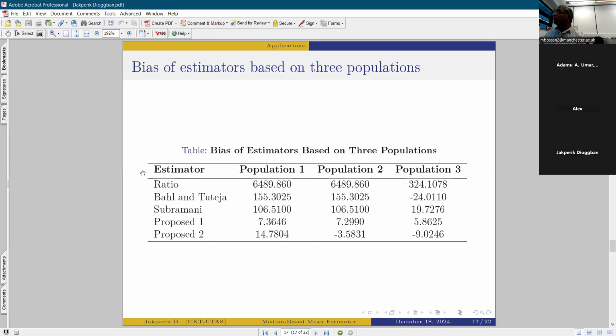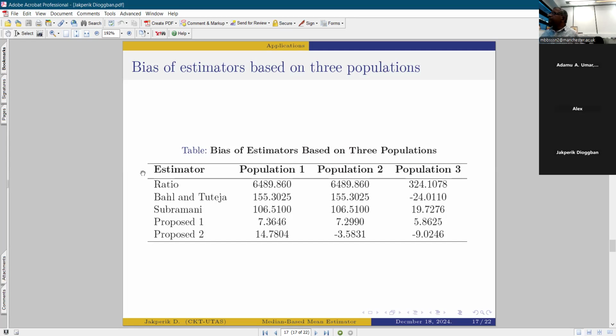But followed by it was the Ball and Tütiger, which, although better than the ratio estimator, also had significantly larger biases. But the proposed estimator at alpha equal 1 actually produced the least bias among the three estimators, and they were comparatively very consistent with each other, followed by the proposed estimator at alpha equal 2. Even though alpha equal 2 had the minimum bias next only to alpha equal 1,